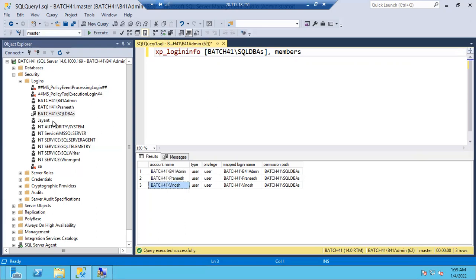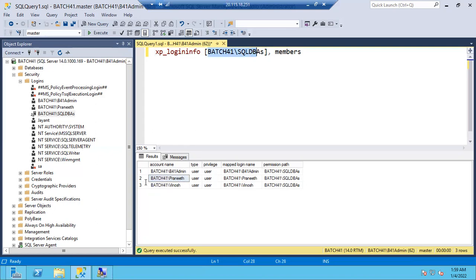What we are going to do, we'll just log into the SQL Server and see all the group logins. We'll execute this command on the group where we know she's a part of that particular group. Then we can find this group. In this group we know she's there. So we'll tell Pranit, hey Pranit, we know she's there in the SQL DBA group. Do one thing, go to the Windows team, ask them to add you in this particular group.